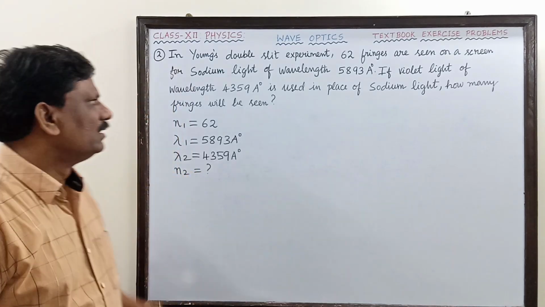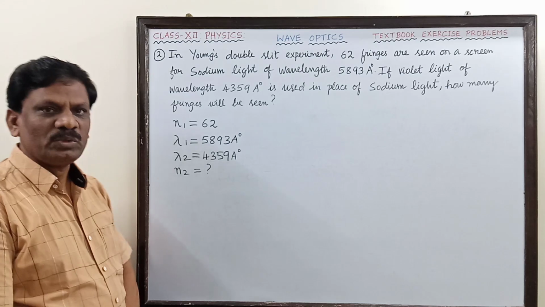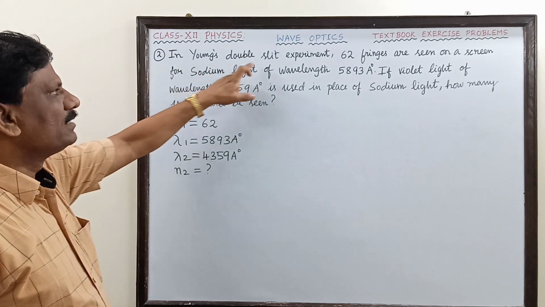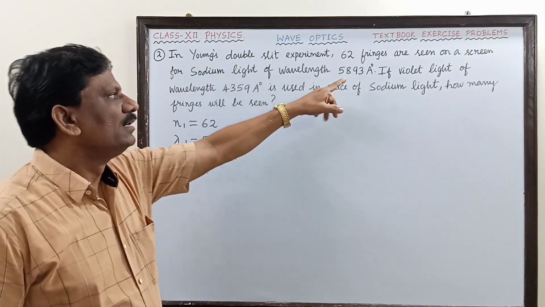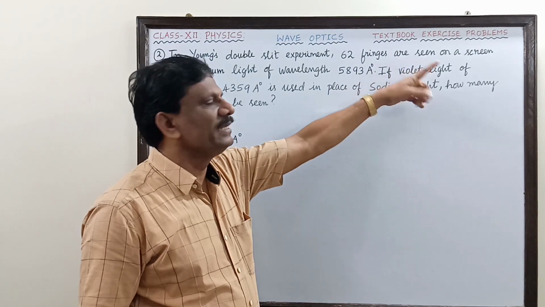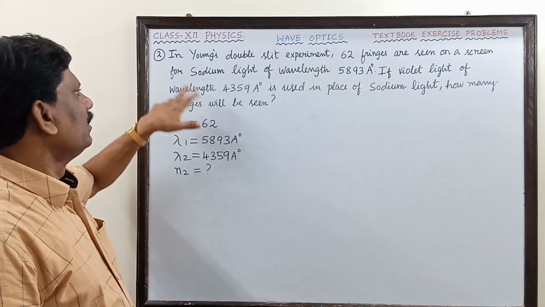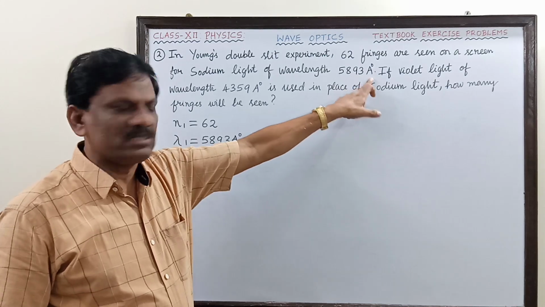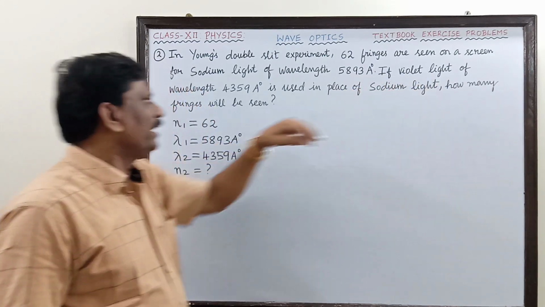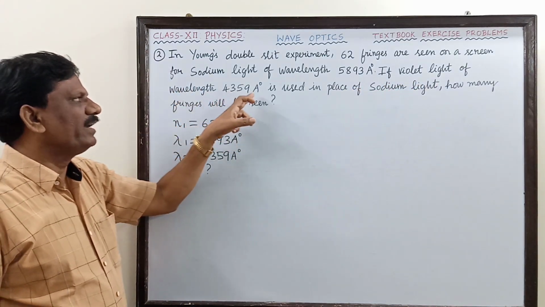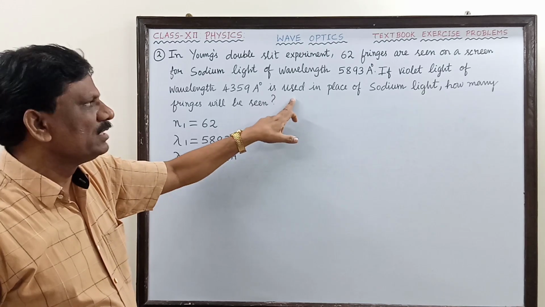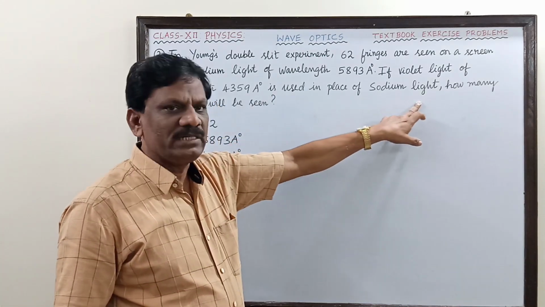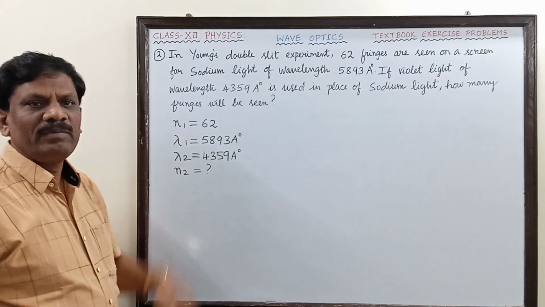Hi students, exercise problem number 2. In Young's double slit experiment, 62 fringes are seen on a screen for sodium light of wavelength 5893 angstrom unit. If violet light of wavelength 4359 angstrom unit is used in place of sodium light, how many fringes will be